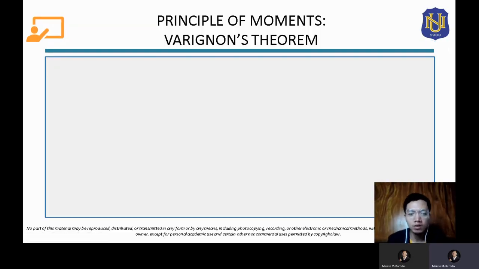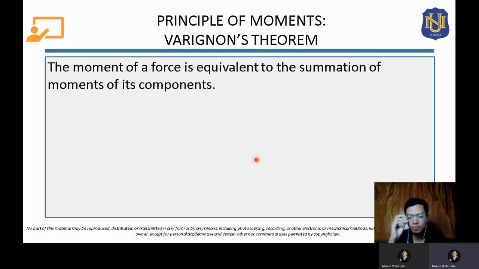So now let's talk about one of the principles that we're going to use for moment. One of those principles will be the Varignon's Theorem. We're going to use this principle often here in our course. This is called Varignon's Theorem. Its definition: the moment of a force is equivalent to the summation of the moments of its